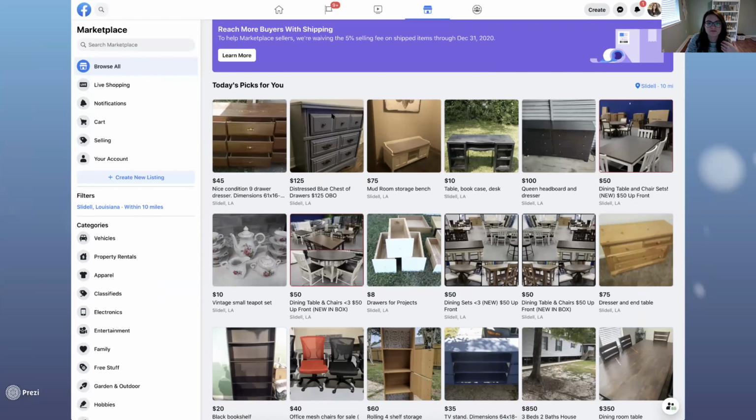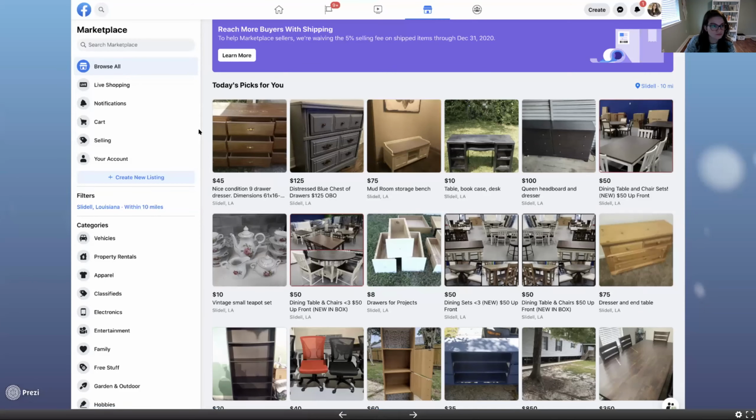Look at that. That is a beautiful dresser that I might contact someone about after this. I took this screenshot this morning because I wanted them to be as new as possible. But here's Facebook Marketplace. You can browse everything. These are all inside out because that's where I'm located. You can see live shopping, your notifications if you have decided to keep up with a certain item for sale. You can choose to get notified if the price changes. You can sell stuff. Your cart is what you want to buy. Your account is your seller's account, so you can change details about yourself there.